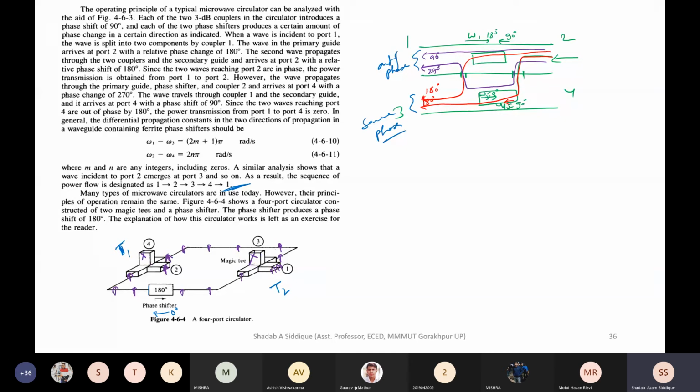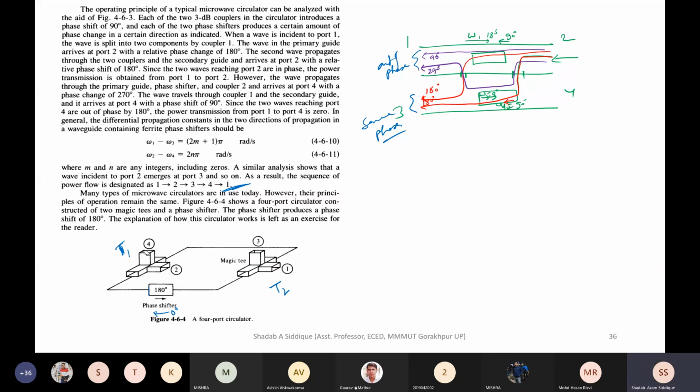I hope you understand. I'll take one more example to understand this. Please, whenever you have any doubt, let me know. I'll stop here and explain. Okay, explain your doubt. So okay, I'll just remove this. I'll just erase it because I don't have another figure. I just remove it, and I will apply input from a port.